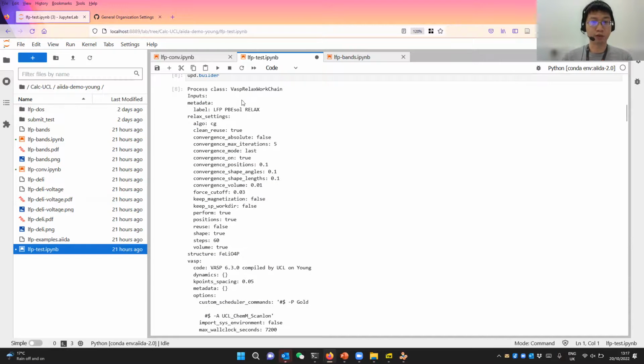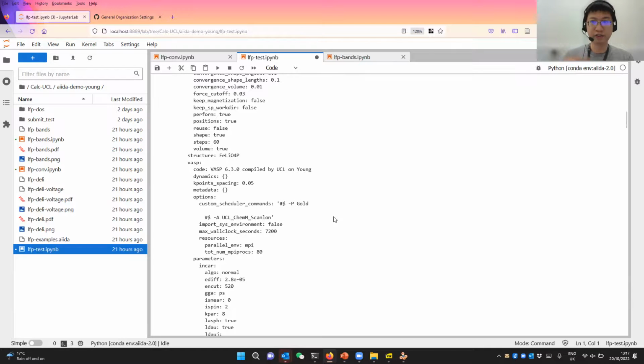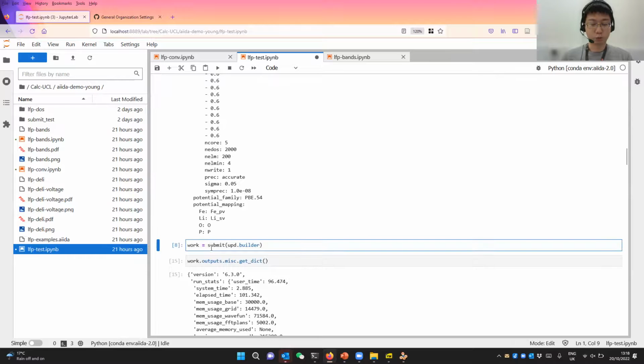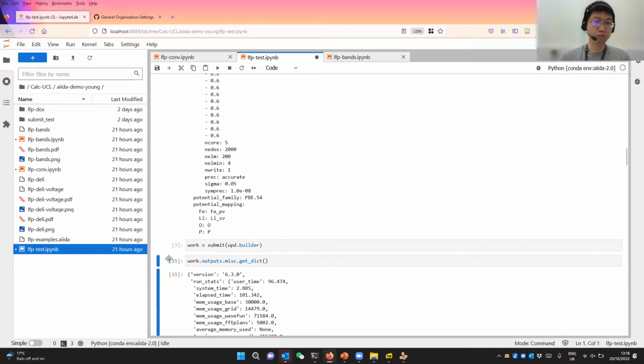So basically, this is a workflow. It has settings: if the calculation fails to converge under certain cycles, restart it until it converges, then do a final single point calculation. That's basically it. And then to actually run the calculation, just run this line,